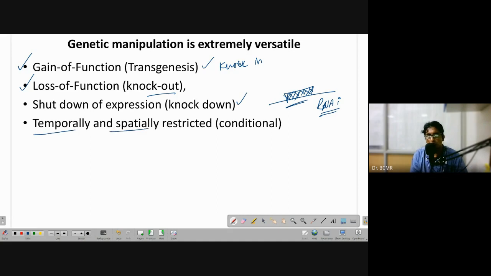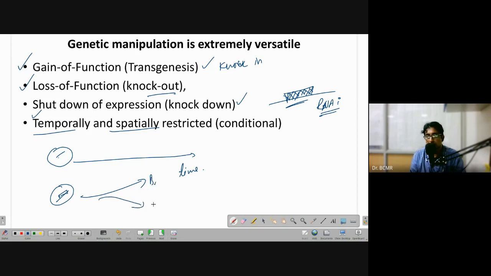You also need to know what is meant by spatial and temporal. Any experiment is usually about whether you're going to follow the effect of that particular gene over time or age, what is happening, then it is meant by temporal. If you're looking at the function of a particular gene, what it is doing in the brain and what it is doing in a leg, then you're looking at it in spatial terms. Okay.